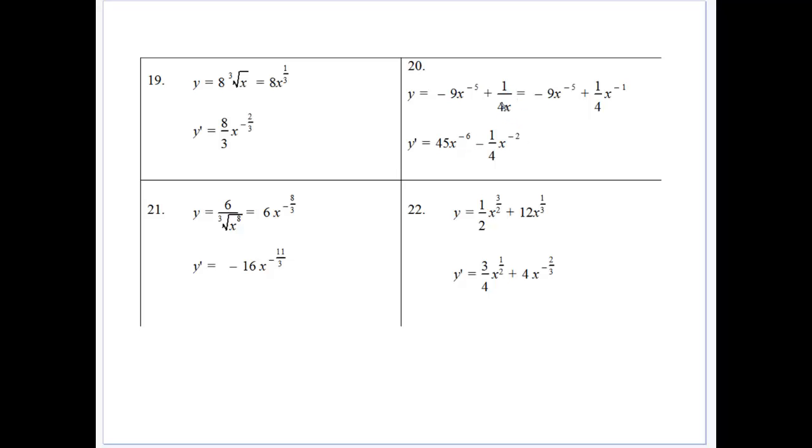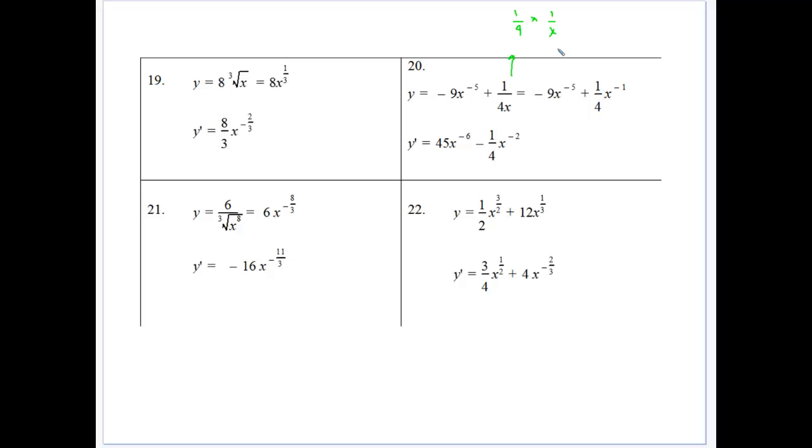Now be careful with this one. Okay? 1 on 4 x is the same as 1 on 4 x to the power of minus 1, because this can be written as 1/4 times 1 on x. So be careful not to make that 4x to the power of minus 1. That's a common error we see, that people just take the 4x and put it up without keeping it as a fraction as well, which you